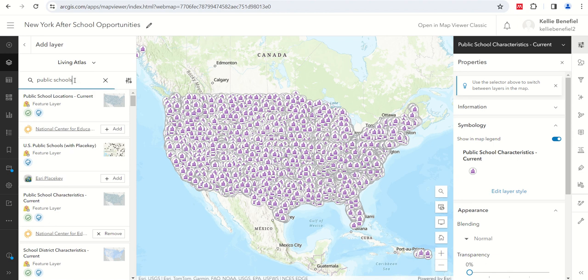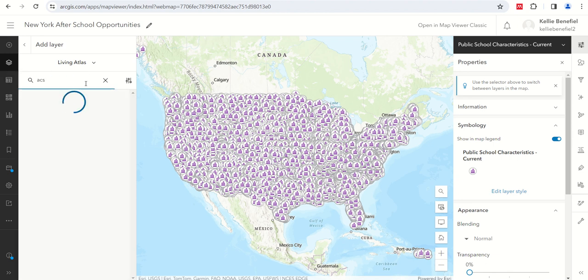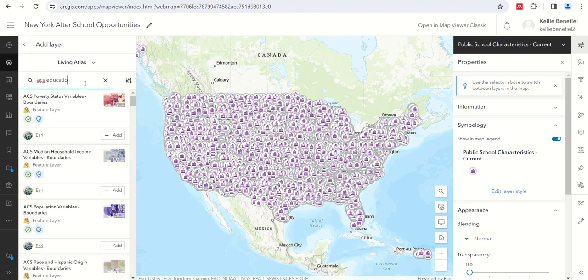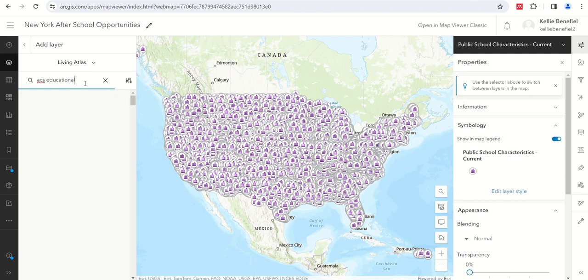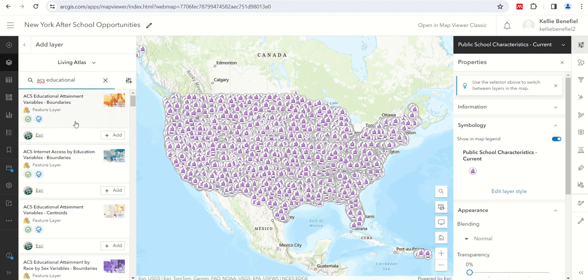For my next layer, I'm going to search ACS educational, and that should get me to the ACS educational attainment variables boundaries right here. I'm going to add that layer,